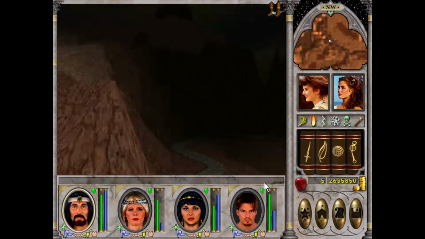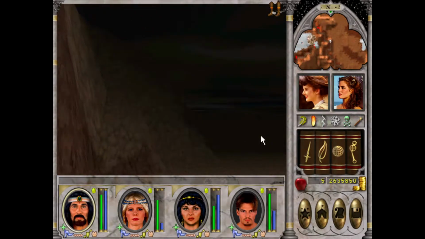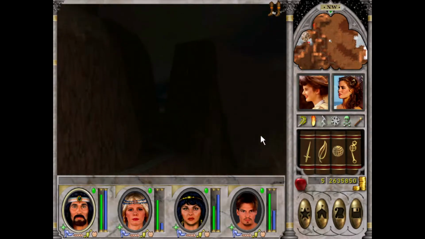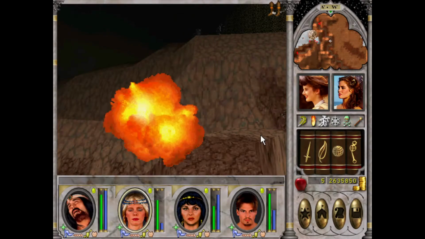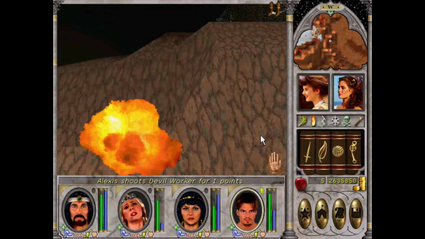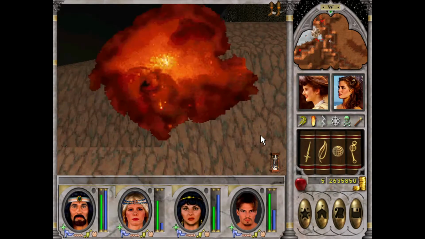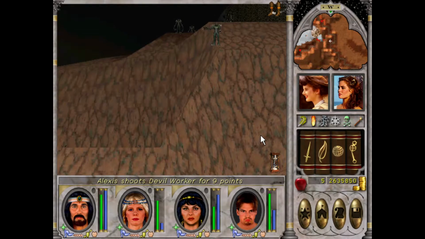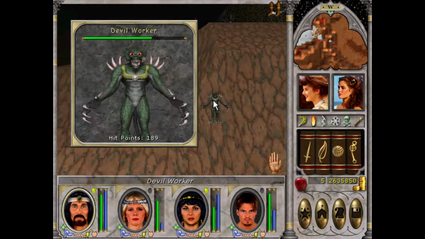I'm afraid we're gonna have to do some nighttime combat. I really don't want to have to... Oh my god. Don't want to have to leave and come back. Because, you know, it would mess up my momentum. And, okay, let's...